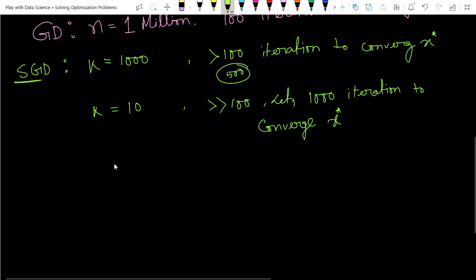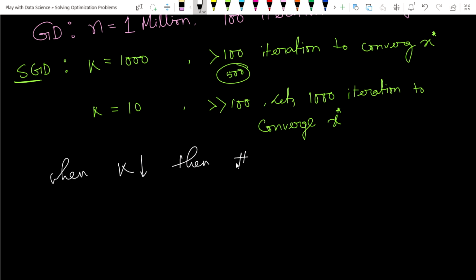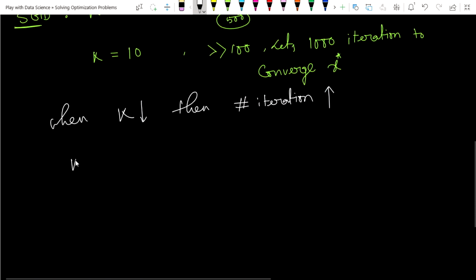Okay, so simple, if you see, when our k decreases in stochastic gradient descent, our number of iterations increases. So just write down, when k decreases, then the number of iterations increases. Okay? So simply k is equal to the number of random points